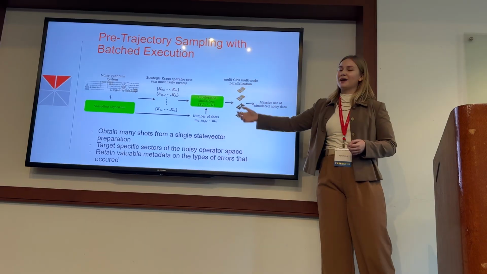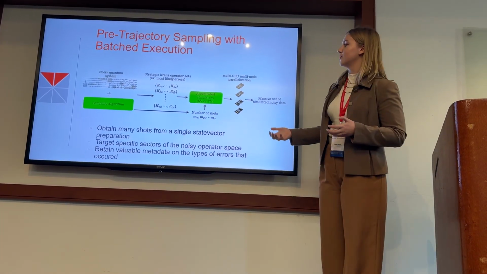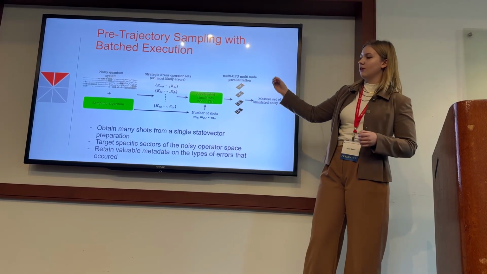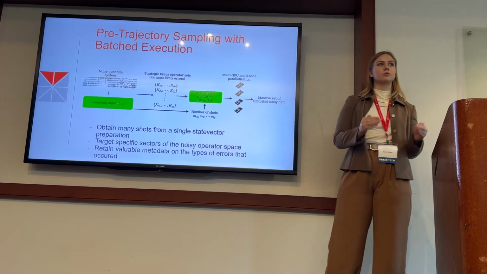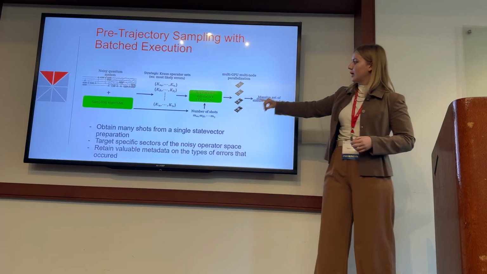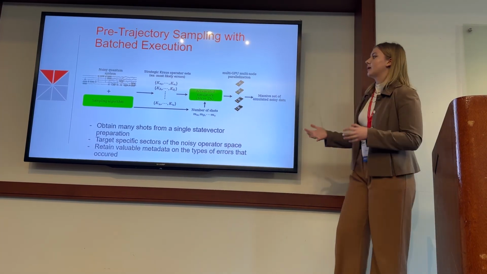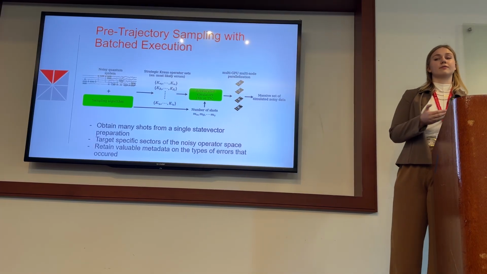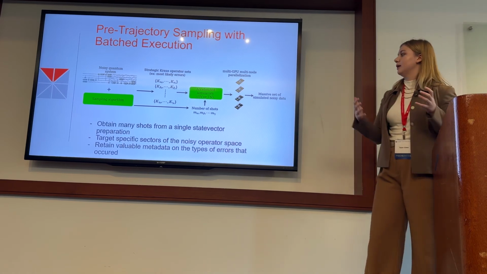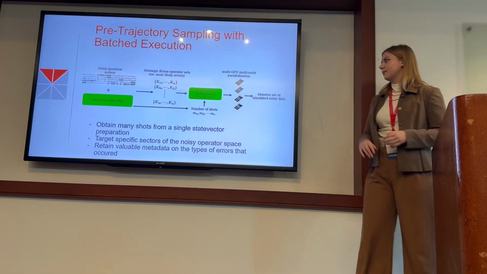Then we get these things back called Kraus operator sets. You don't have to worry about the name for right now, but essentially what these do is they specify which errors happened and where. Each set, like K alpha and K beta, is one possible complete error scenario that's running through the circuit. Then we allocate measurement shots for each of these scenarios. Let's say we have an error pattern that has a 90% chance of happening. That means that we're going to give it 90% of our shots. The more rare that one of these error patterns is, the fewer shots that we're going to give it.